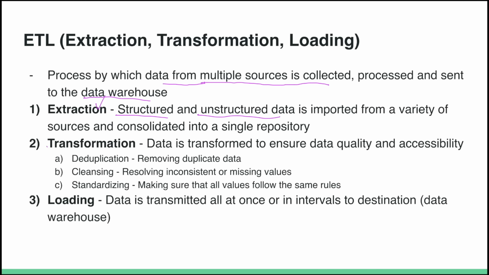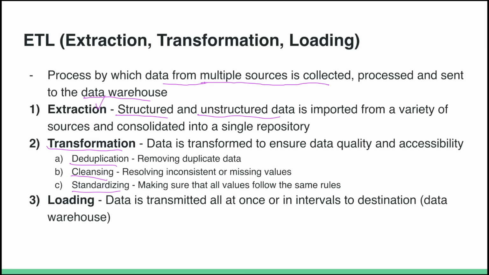Now, transformation is when we take all this data that we've gotten from these software systems, and then we standardize it. And then we make sure that it has an appropriate level of quality and accessibility. So some examples of what we would do in transformation would be deduplication, so removing duplicate data, cleansing, so removing inconsistent or missing values that would just throw off any analysis,